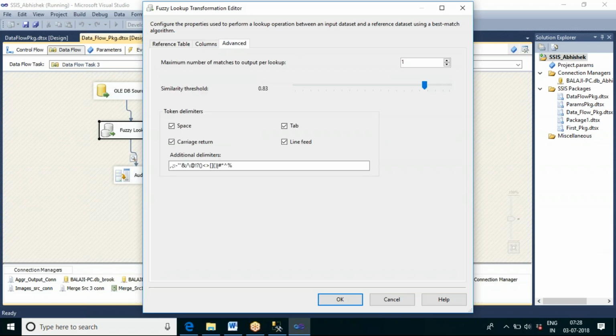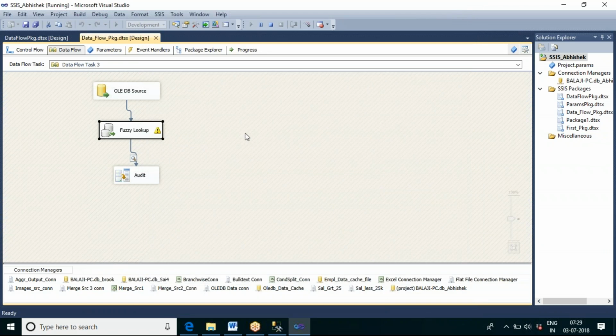In the advanced section we can set how much similarity you want to check. If you set 80% or 90%, then it will compare, and if there is a 90% match, it will show the state name in the output. I will check it by restarting the system and show the output in tomorrow's class. But the process is the same.